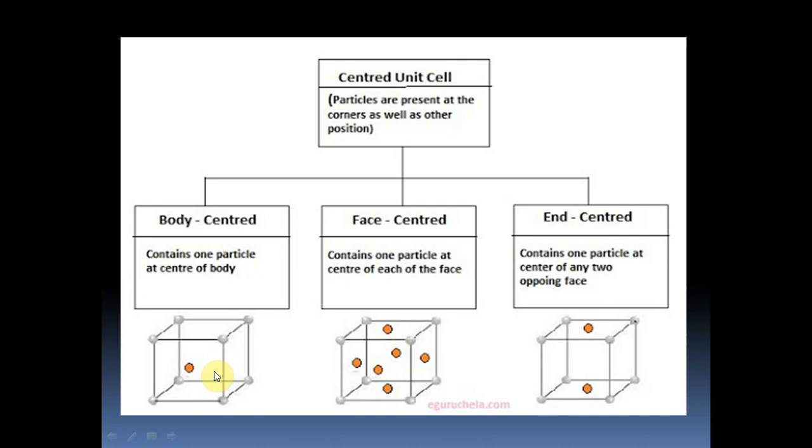First figure over here is a picture of a BCC. So here, as I've told, particles are present in the corners of the cube, plus there is a particle at the center of the body. So you can just imagine, now you are sitting in the room. So you have got particles in the corners of your room, plus there is a big particle present in the center of the room also. Such types of unit cells come under body centered cubic cell or BCC. Second one is a picture of a face centered cubic cell or FCC.